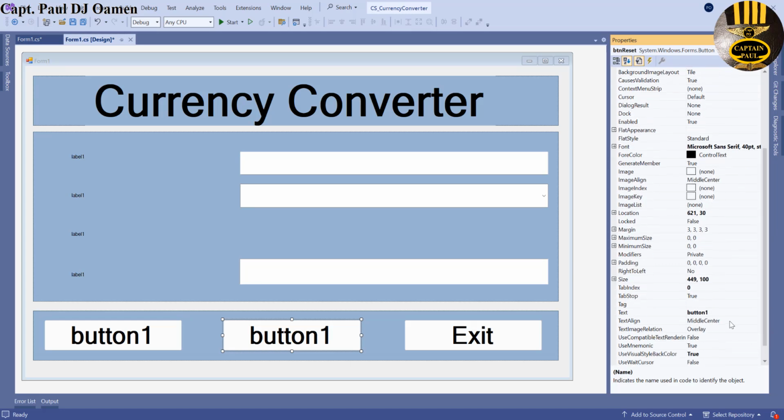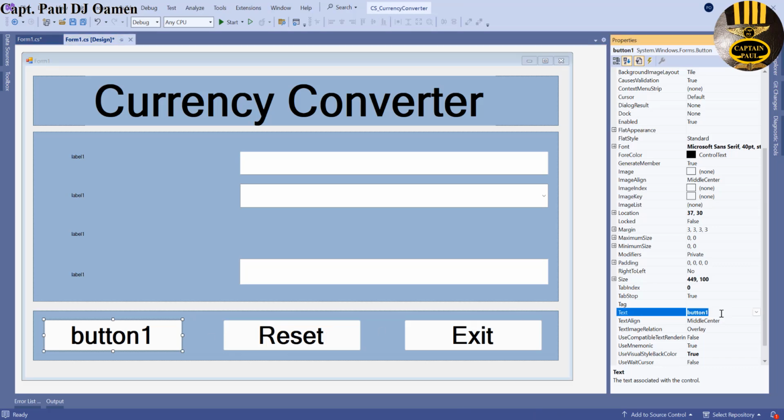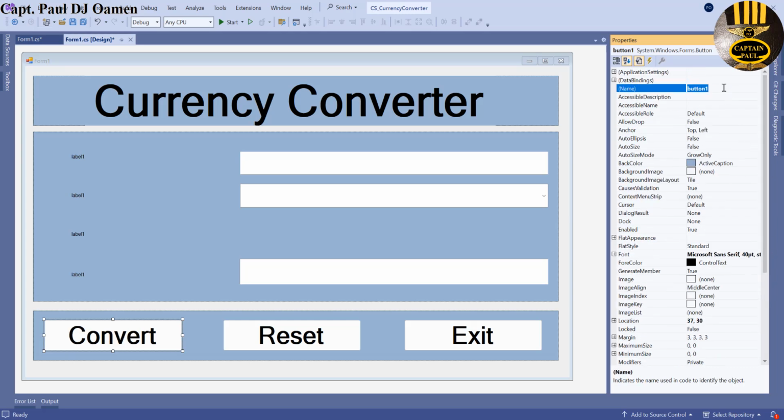Come right down here, change that to reset. And here, that's going to be known as convert. Or maybe yeah, convert we do. And change the name to BTN convert. There. Okay, this one here,